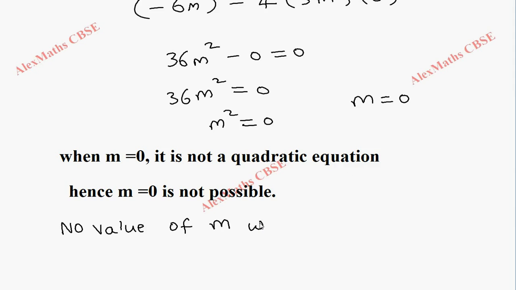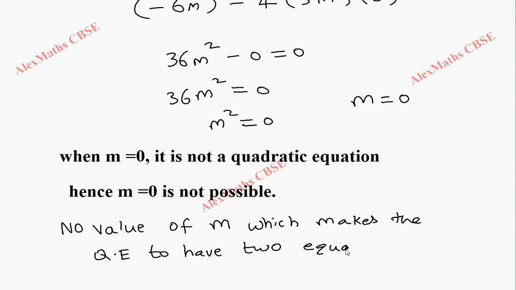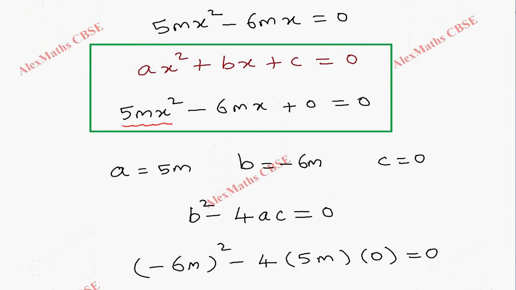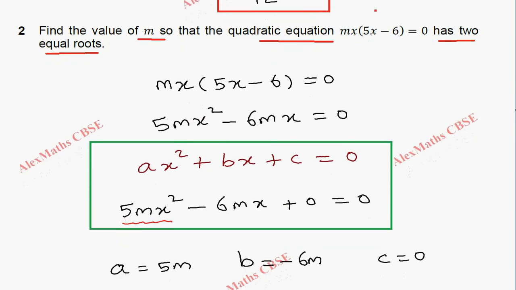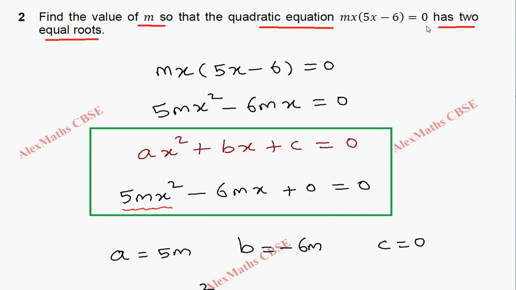which makes the quadratic equation to have two equal roots. This is the answer. So for this given question, there is no value of m which makes the quadratic to